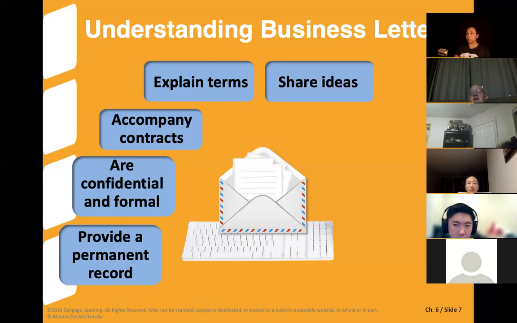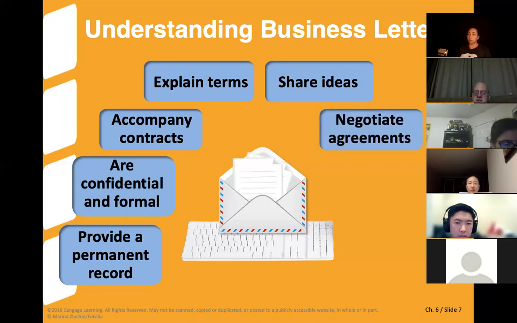Or you could be an architect. Here's another example. You could be an architect and you've got some different ways that you can envision the building looking when it's completed. The first process would be to rough out some quick illustrations to get feedback from your client before you spend a lot more time going a lot more elaborately. That's one way to share ideas. And that could also be included along with a letter.